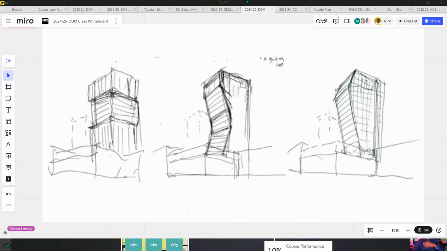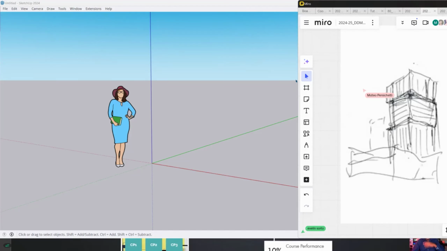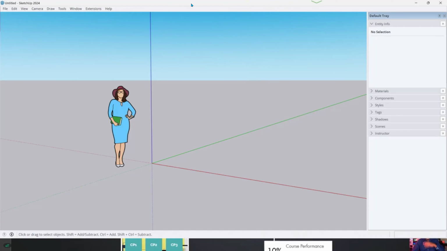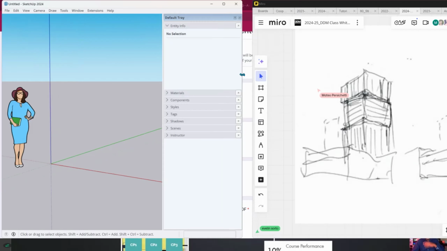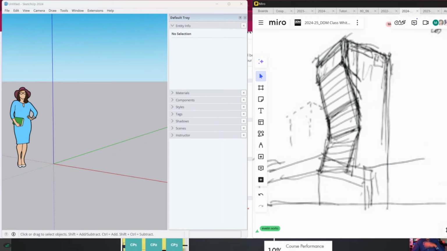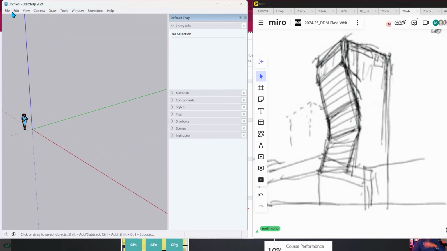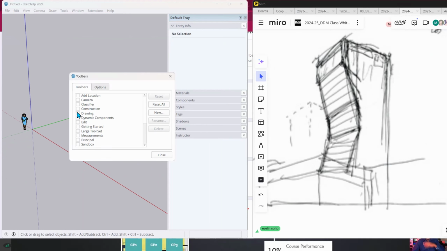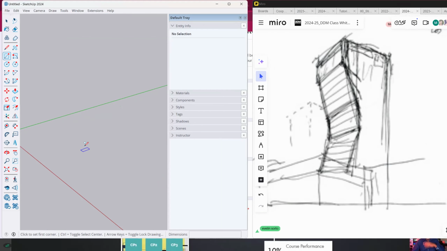And I want you to think of SketchUp as an extension of doodling, so to speak, where if you wanted to maybe explore this concept right here, it could be something as simple